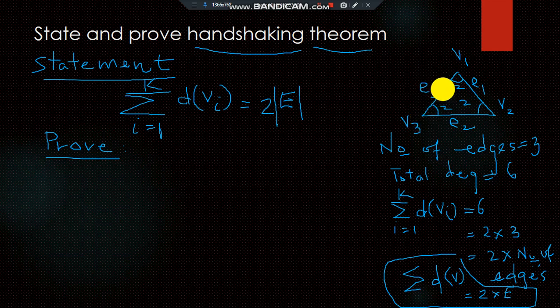So a single edge gives 2 degrees to the vertices. So the total number of degrees will be equal to 2 times its edges. So that is the proof for our problem, and that is what we have to write here. Okay, now from the picture you can see this. That is the meaning of this. From this particular picture we see that